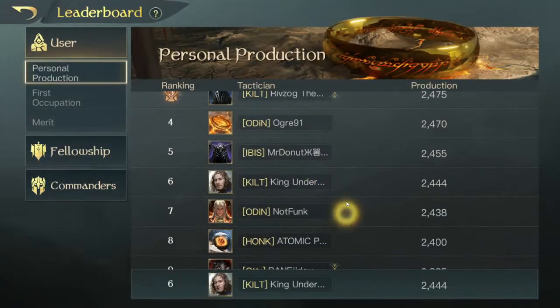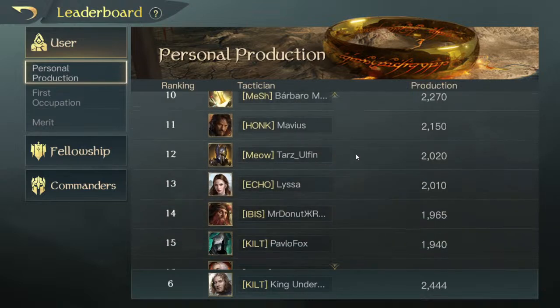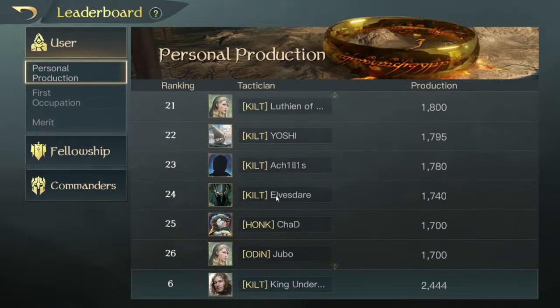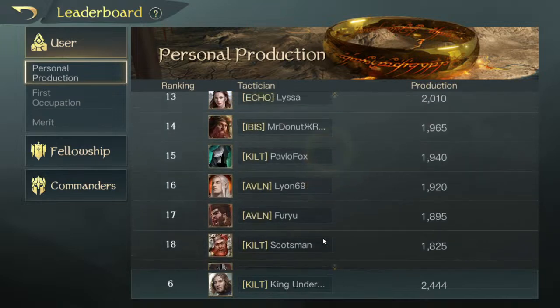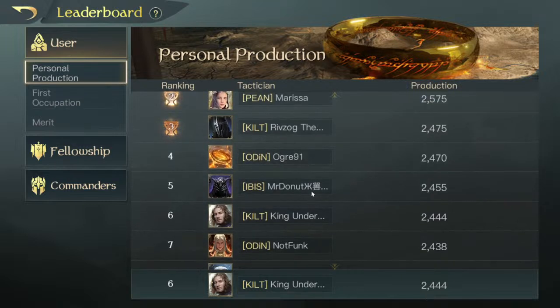So I think Has in the chat is on. You're not playing? Yeah, okay. I think Has is somewhere on this account here, I'm guessing. Yeah, Ogre and Funk are good. I miss Ogre because he was a really good player. I know New Ogre's also good, but